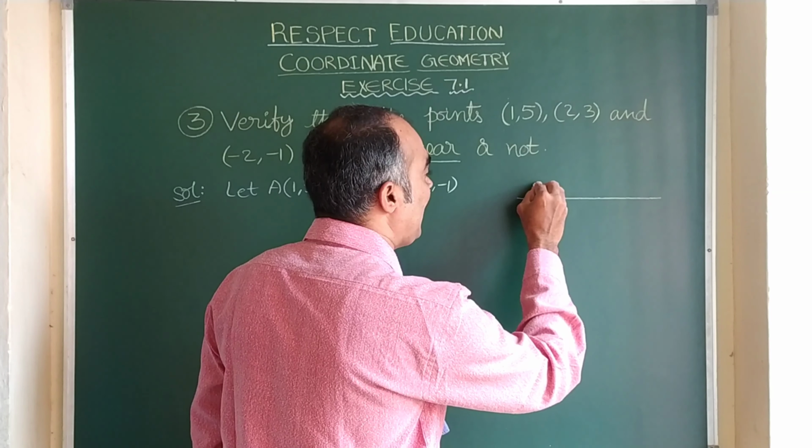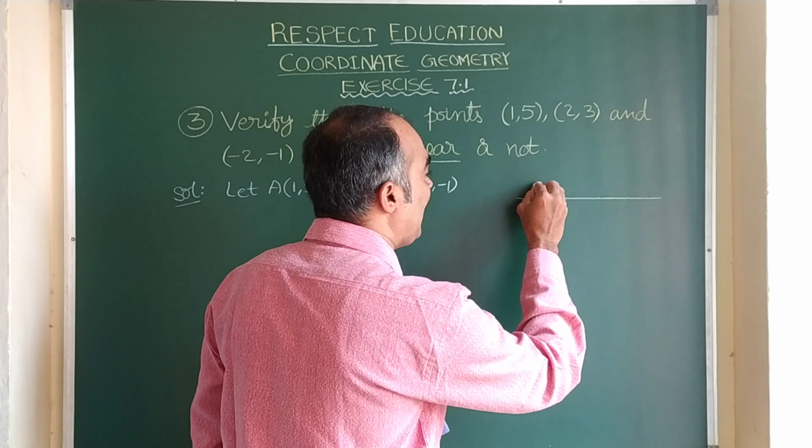Here the given points we are taking as A, B and C. You do remember children, it is not compulsory that first A should come, second B should come, third C should come. That is not the order. Here order is not at all important. First B may come, C may come in the middle, and point A may come at the end. But the thing is that they should form a straight line, right?